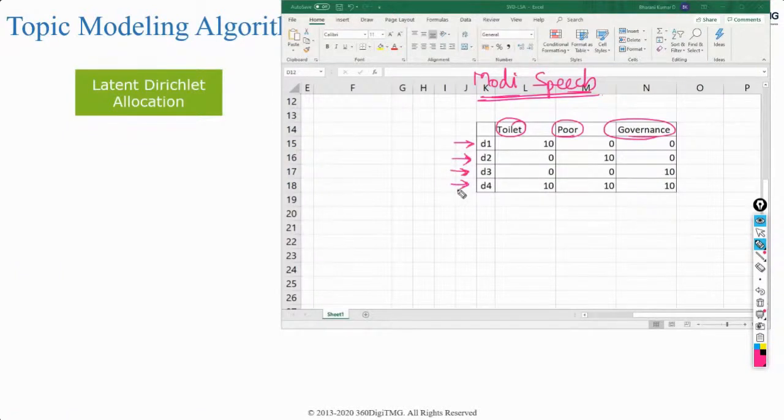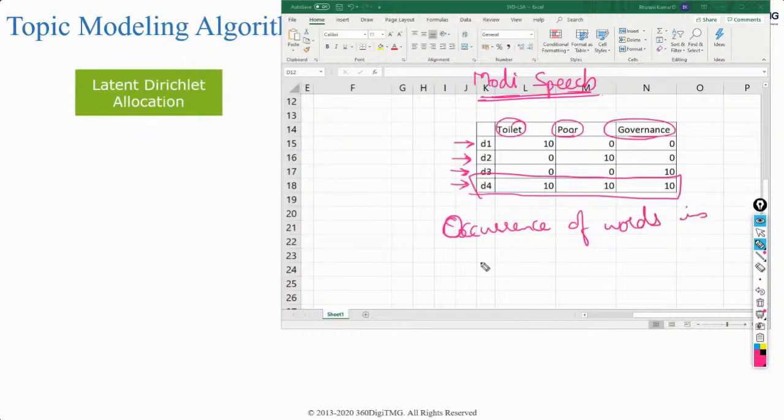And if you look at document 4, it contains all these words. Okay. So you're just looking at co-occurrence of words in different documents, or I can say simply the occurrence of words in different documents.